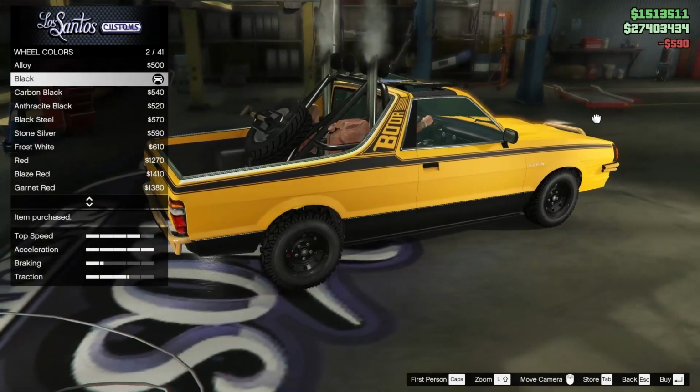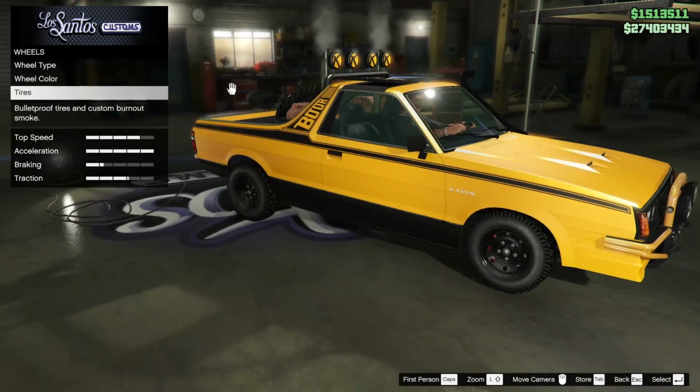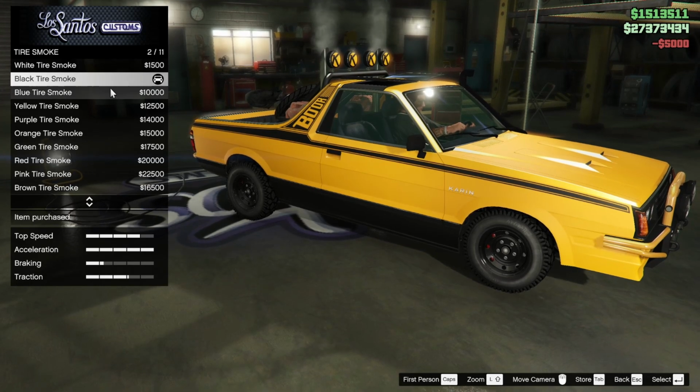We're gonna black those out. How does that look? Really good, actually. I think that's what we're gonna roll with. Yeah, I'm happy with that. For tire enhancements, we're gonna bulletproof those. Tire smoke, we're gonna make that...